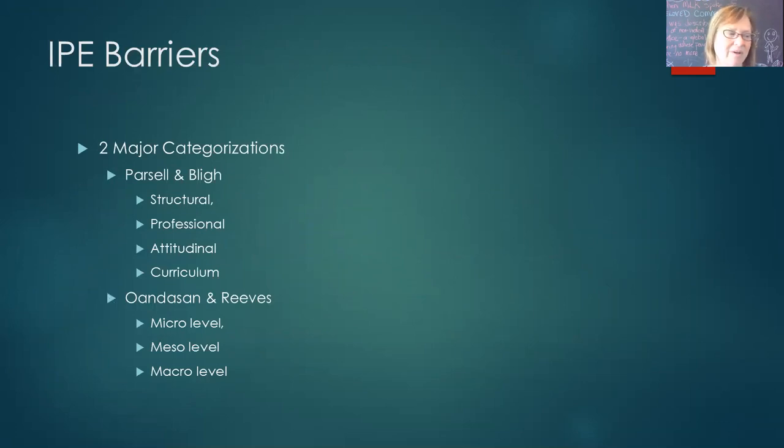There can be attitudinal barriers, and often one of the big things we see when we're talking about attitude is that reluctance to change. So do you remember I talked a little bit about the fact that we've been educated in these silos? So many of the professionals you'll be working with were educated in that silo or tribal model, where they learned a lot about their own profession and were socialized into their own professional values, but did not learn as much about others. And so coming across to each other in a way that opens up opportunity for collaboration is really important. But that means you have to be open to change, and that can be a little bit of a barrier that we experience in practice.